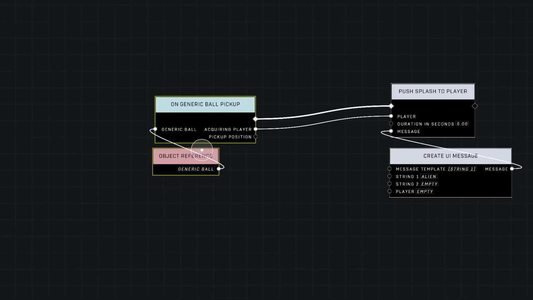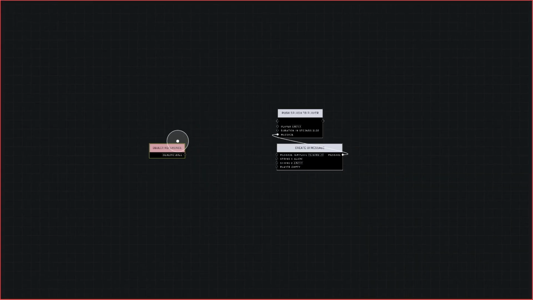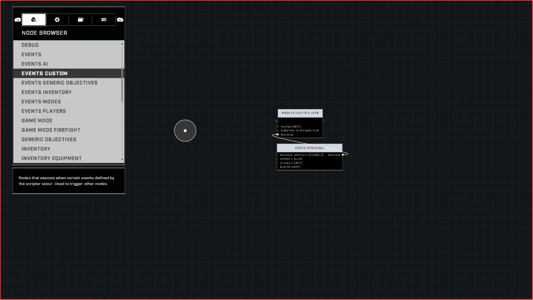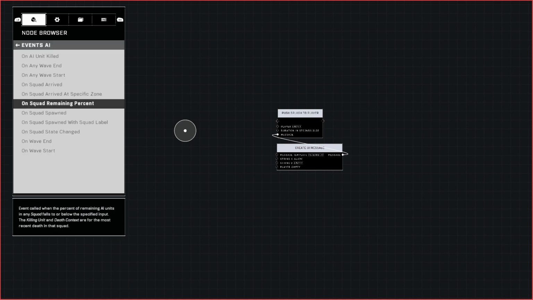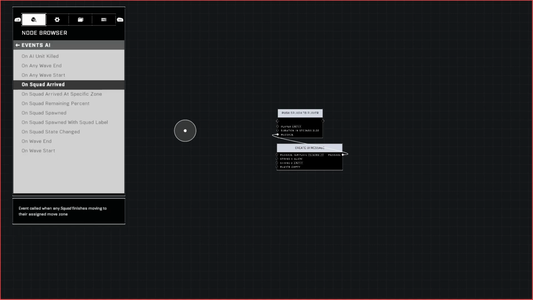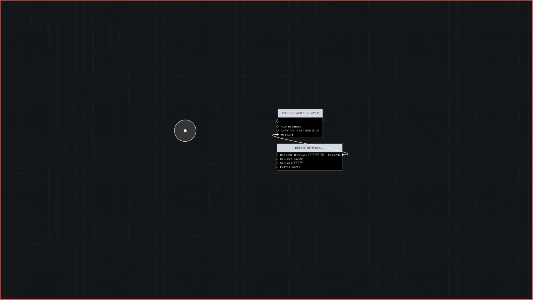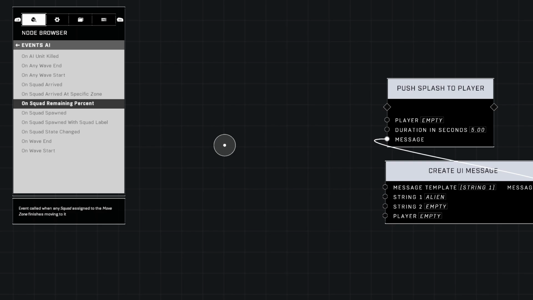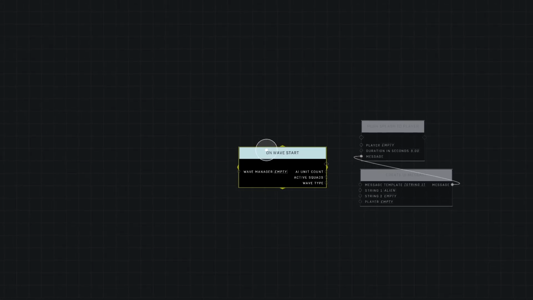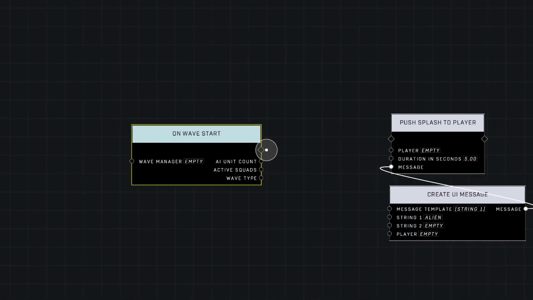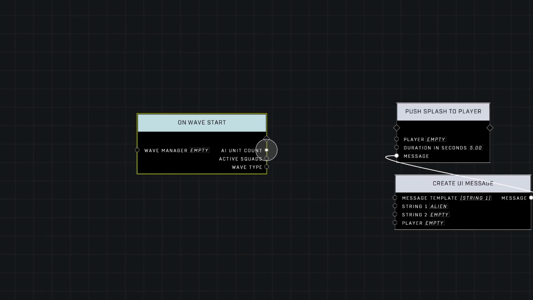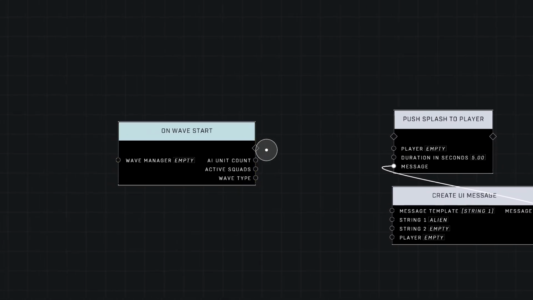There are a ton of different events that you can use to make this happen. They practically all do it. Like on a wave start, if you have a firefight going on, on any wave start, or on wave end. You can make it show to, see, you'll notice that this one doesn't have a way to get a specific